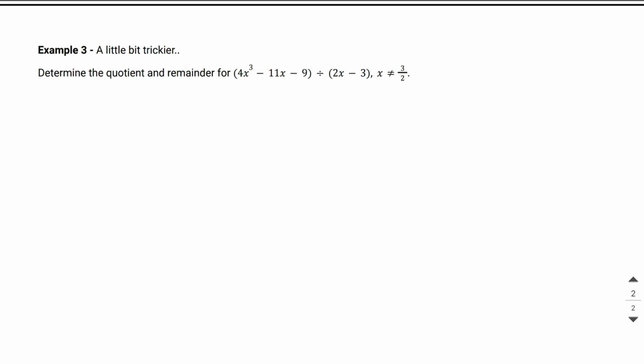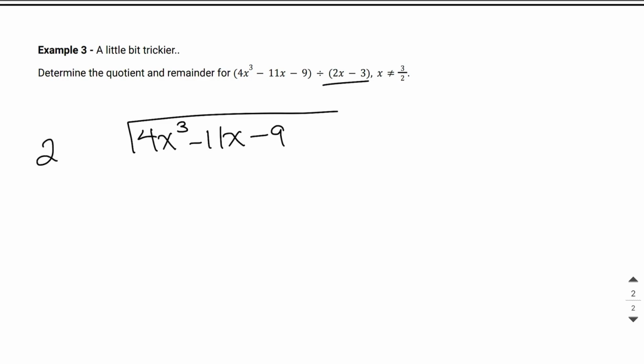So the next one, determine the quotient and remainder for this expression right here, and it says it's going to be a little bit trickier. Let's talk about why. So we know that this is our dividend. That's going to go inside right here. It's what's being divided. And then we know that this is the divisor, so we're going to put the divisor